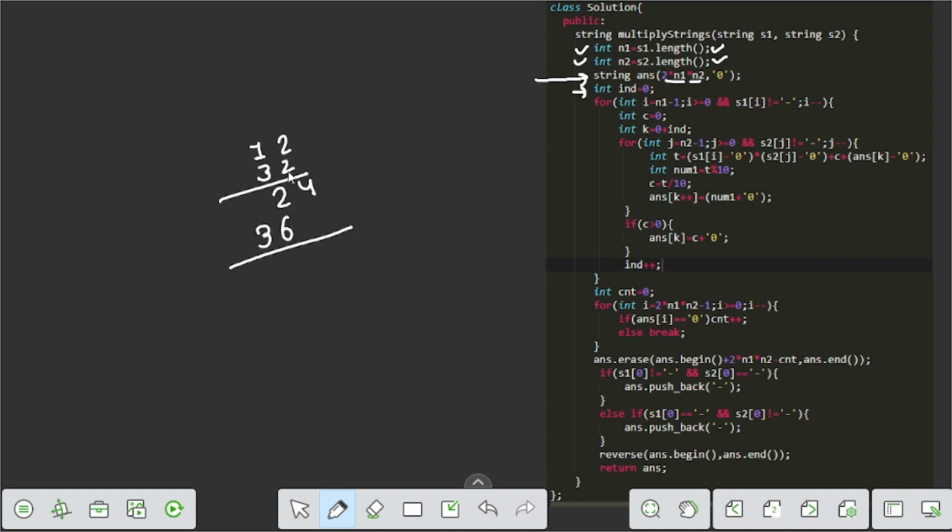So in this operation, this index says where we reside in the string. From here it starts, because we initially initialize the string answer. This means we initialize 4 into 2,